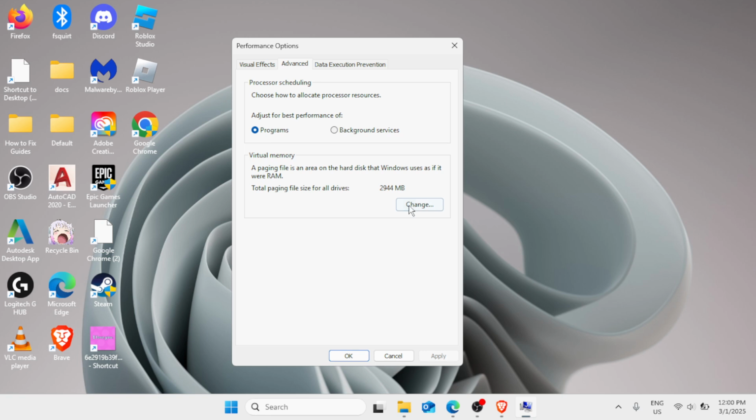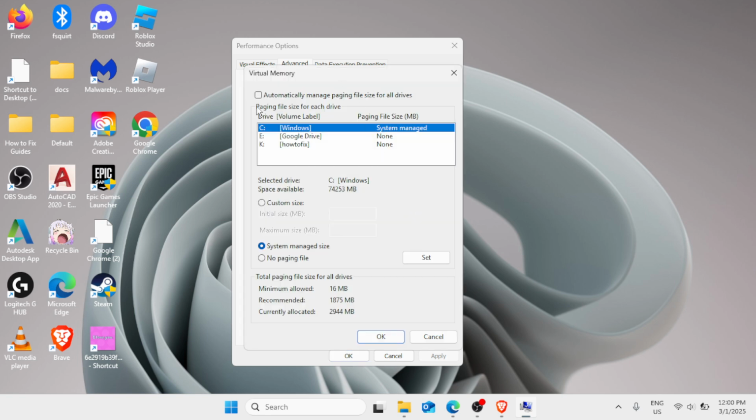Click on the change button. Then here you'll find this box, automatically manage paging file size for all drives. Make sure to uncheck this box. Then click on the custom size. Then we are going to input the initial size in MB